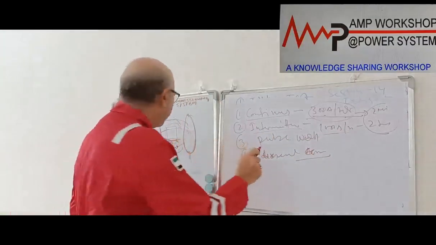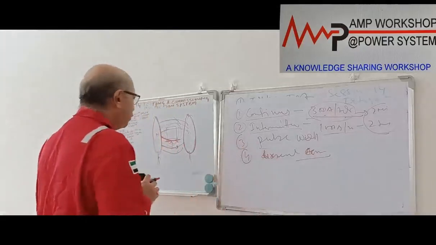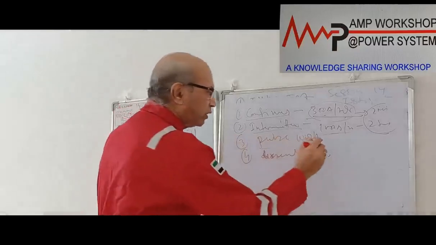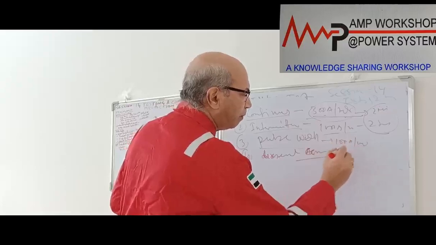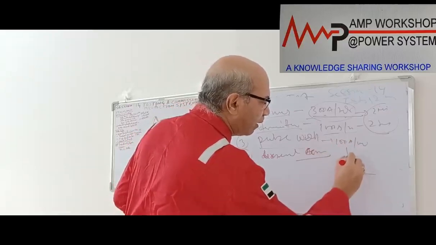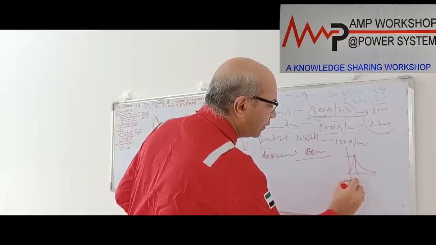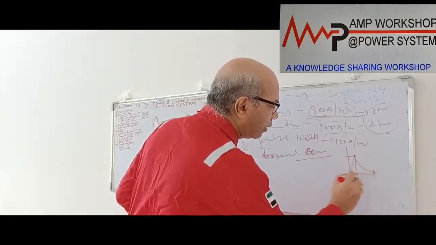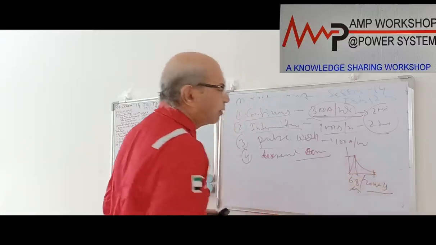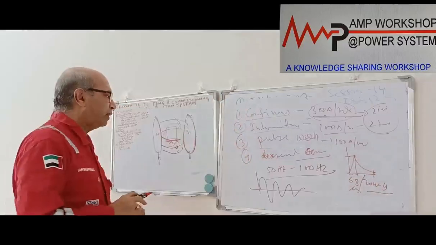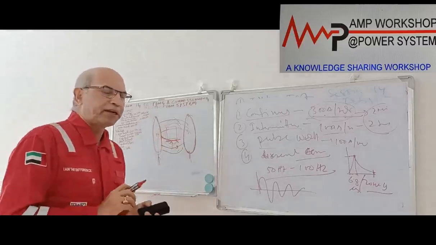And then the pulse width test. In that case, we do not send a continuous signal. We send 100 ampere current per meter, but the pulse width will be 6.8/20 microsecond. This 100 ampere will rise in 6.8 microsecond, and it will drop down in 20 microsecond. This will be the pulse width, and if in all the cases the relay withstands, that means we can say it has passed this magnetic field test.